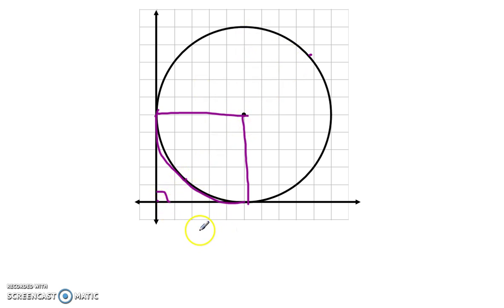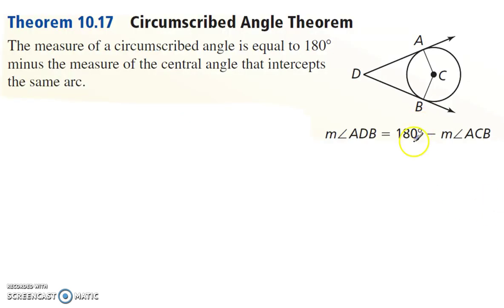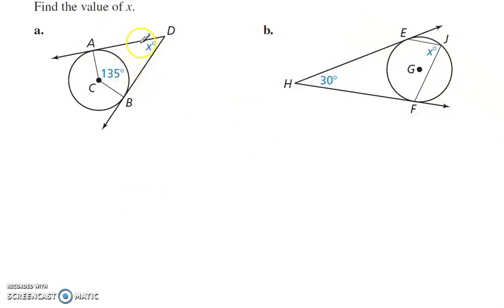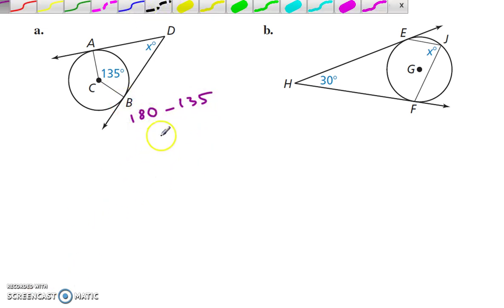But there's a special way. You can just do 180 minus this angle right here. So minus 90, and that gives you the 90 degrees. So that's a special case. When they're both tangent, you just take 180 minus the arc that intercepts the same arc right there. So if I want to find this, I just have to do 180 minus 135, and that is 45